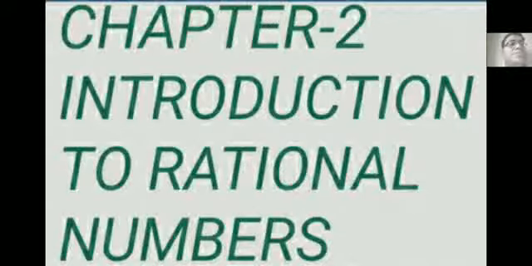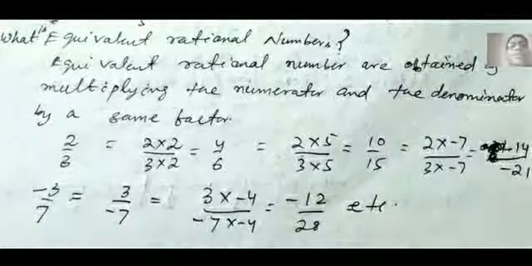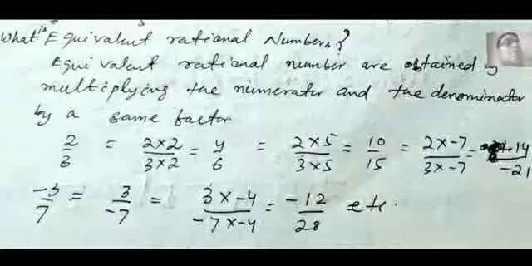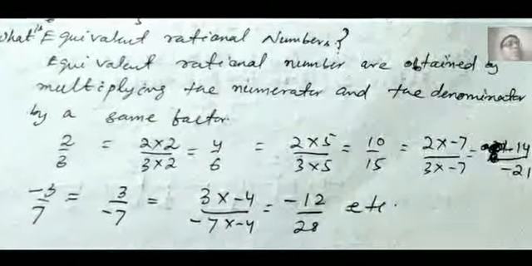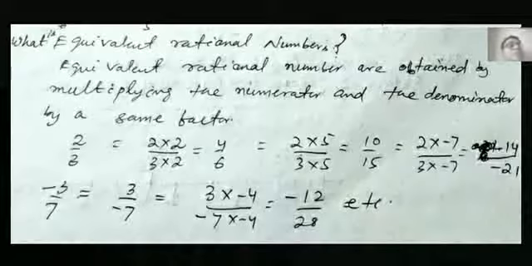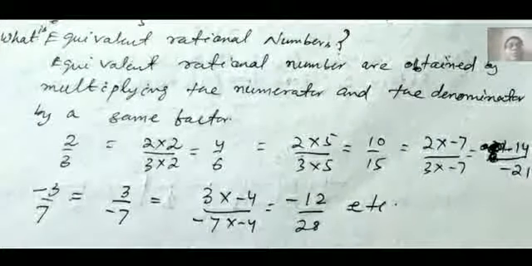Okay, let us learn what is an equivalent rational number. Equivalent rational numbers are obtained by multiplying the numerator and the denominator by the same number. Try to understand. An equivalent rational number can be obtained by multiplying the numerator and the denominator by the same number. For example,